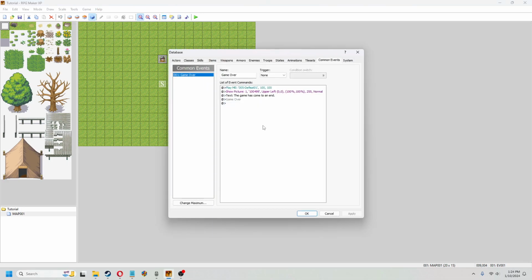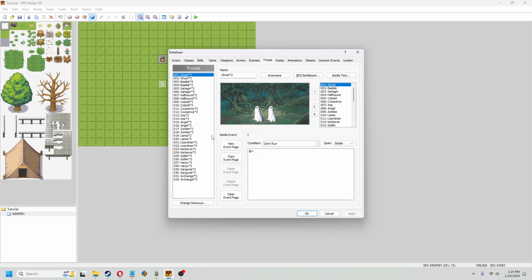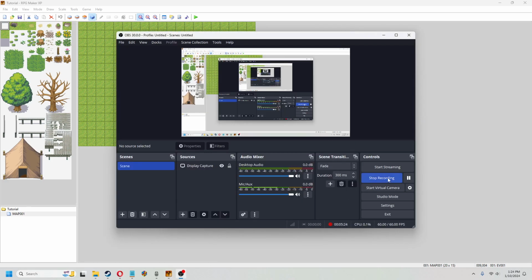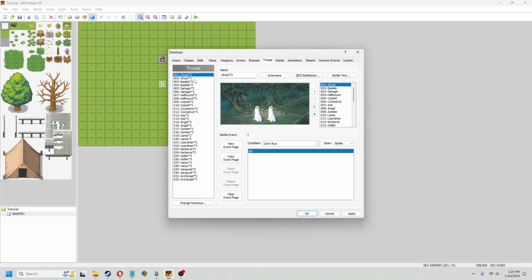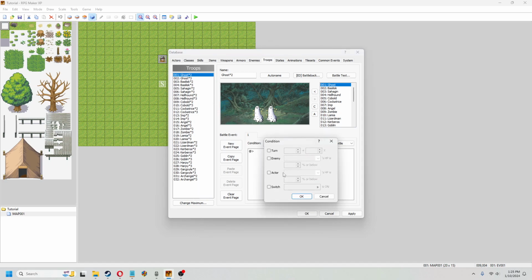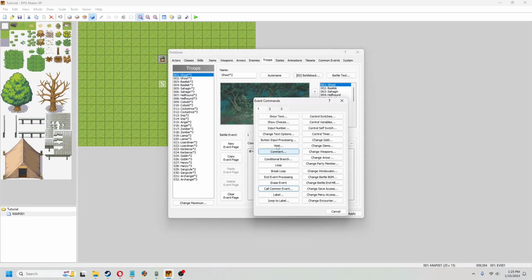So the problem with this is that dying from a random battle becomes a little bit more difficult to refer to. You can still do it, but if we go to troops, every group here is predefined, not the enemies themselves, but the groups they're in. So you'd have to do this individually for each one, but if we take Ghost 2 and we go to Condition, I could set this to be my primary actor. So when his HP is 0, what I want this to do